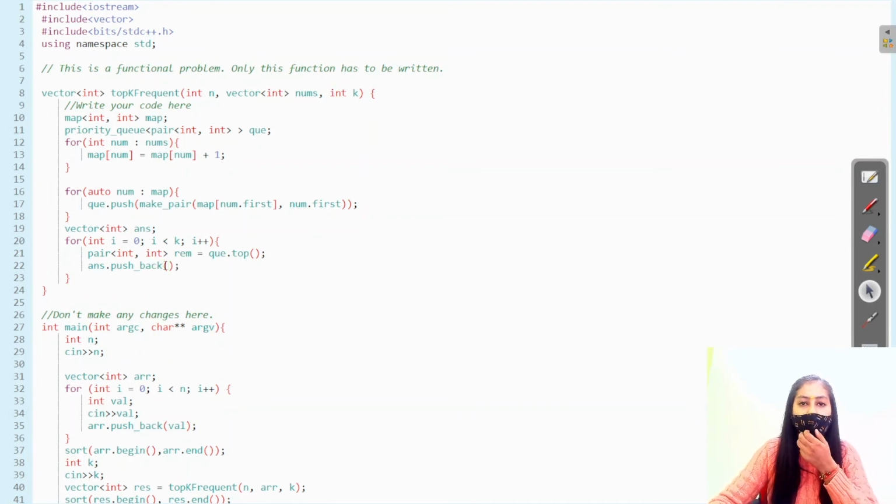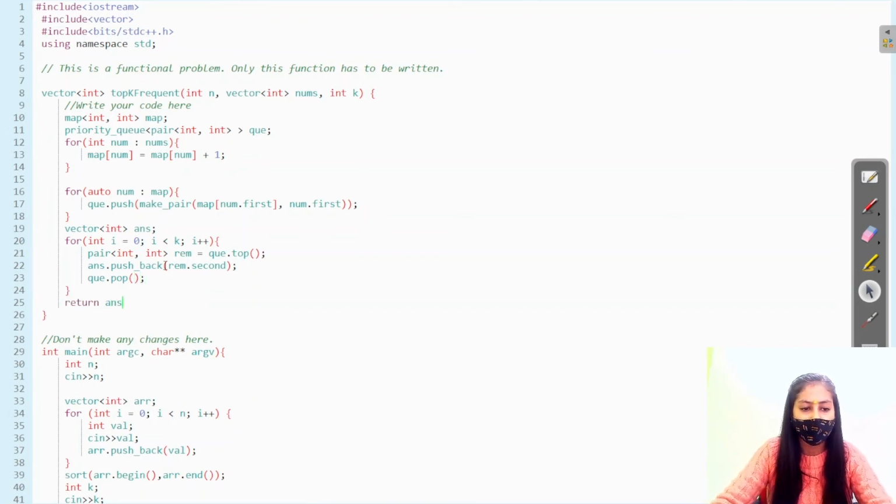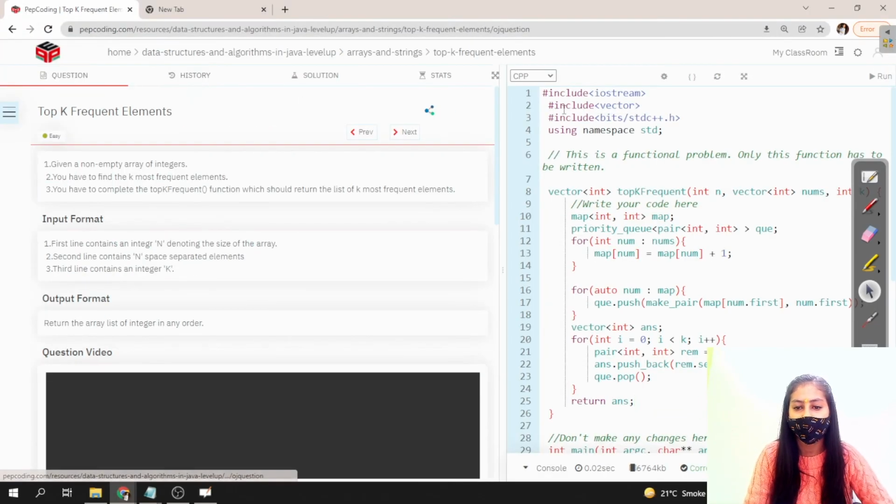I don't want the count, I want the value. Then remove that pair with q dot pop, which removes the topmost element, and in the end return my answer vector. The return type of this function is vector, so return the vector.